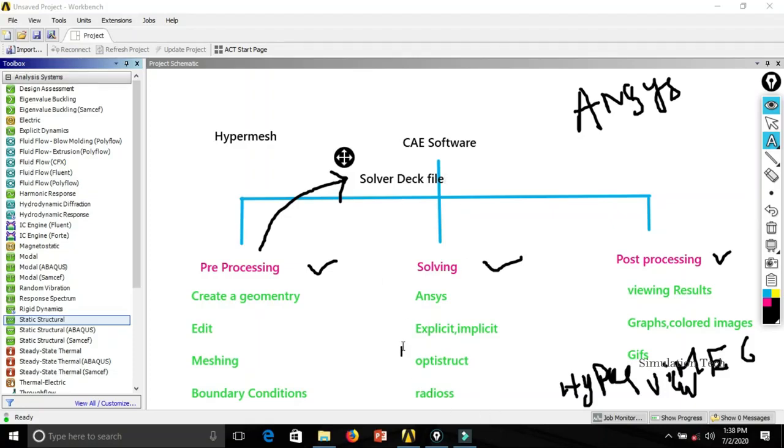If you want to solve that file in OptiStruct or Radioss, it may be in the form of .fem, or whatever is supported by OptiStruct or Radioss. You can save the solver file in that format. After that, you can view the result in any one of the post-processing software. I hope you now understand how CAE software works and what the workflow is in CAE software.